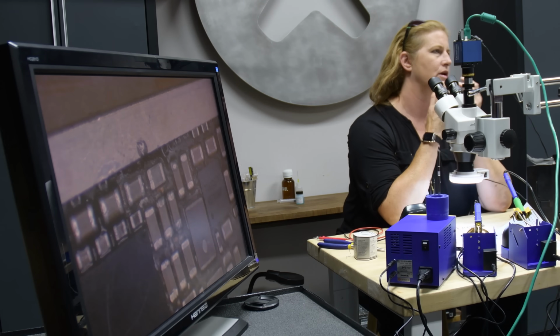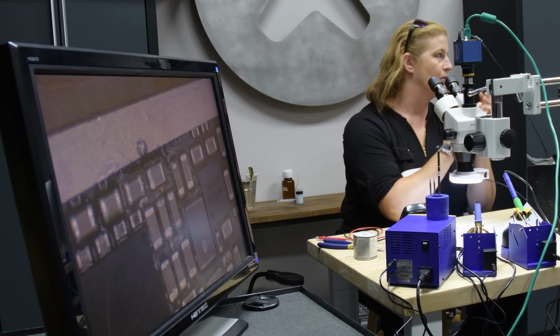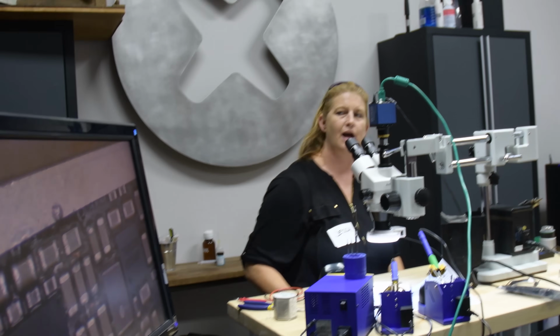This is a story, and we want to understand the thinking that went into this board before it got here, because that is a variable and that's part of our repair process. So now we need to ask, why would someone have taken off all of these caps around here? In my judgment, just from looking at this board, I think the likelihood that any of these caps needed